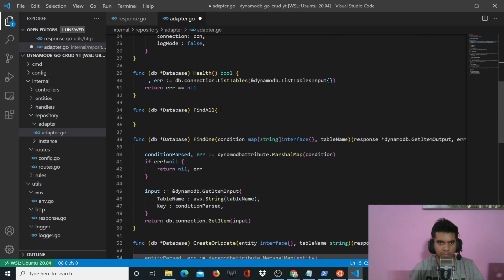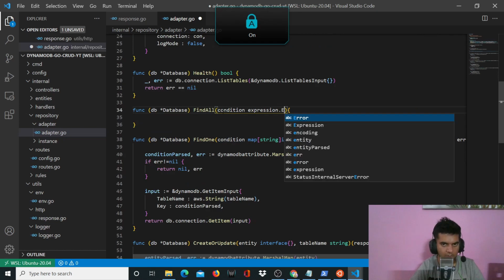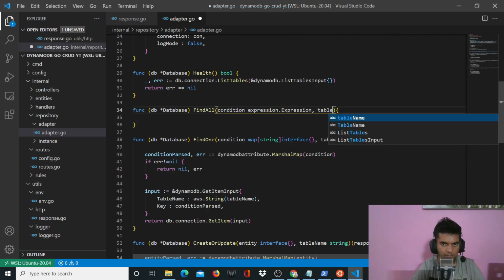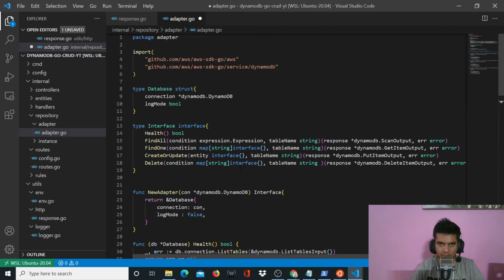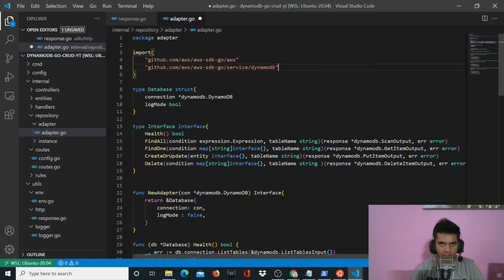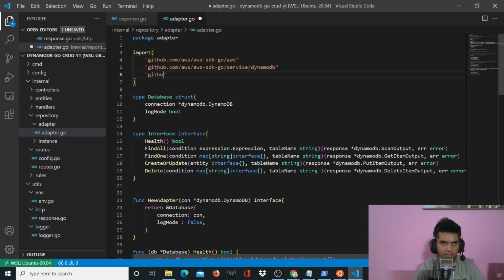So we'll go to find all function, quickly say condition. It accepts condition, which is of type expression.Expression, comma, table name, and string. So in case you're wondering where this expression comes in, it's basically a part of the DynamoDB package. And just to be more sure, we'll say